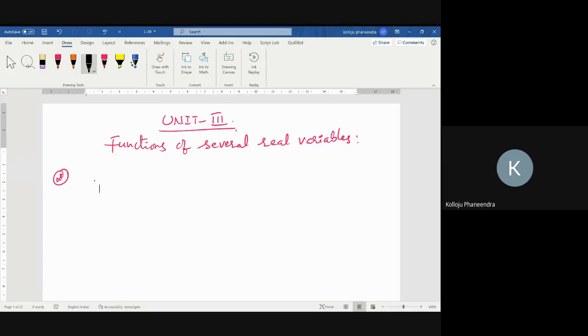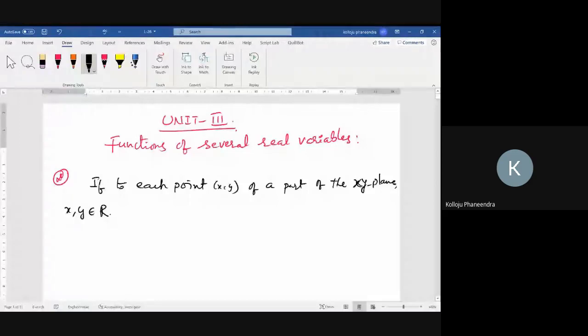Function of n variables. The first definition: if to each point x comma y of a part of the xy plane, where x comma y both belong to real numbers, and such that the point xy belongs to two-dimensional space, that is, R into R, the notation is R square. R square stands for the two-dimensional plane. There corresponds a